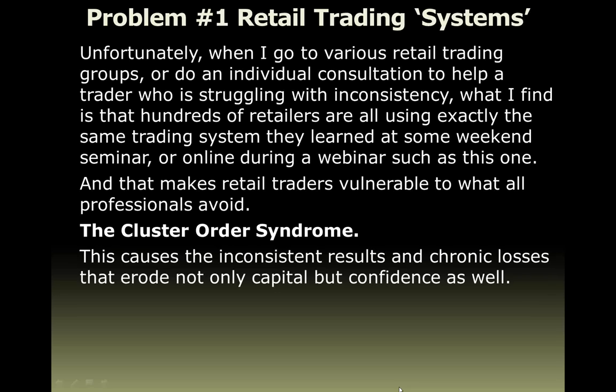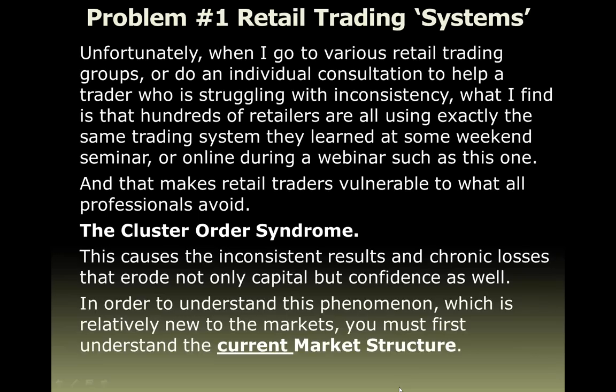This causes the inconsistent results and chronic losses that erode not only capital, but your confidence as well, which is so important. You have to be confident in what you're doing. In order to understand this phenomenon, which is relatively new to the markets, you must first understand the current market